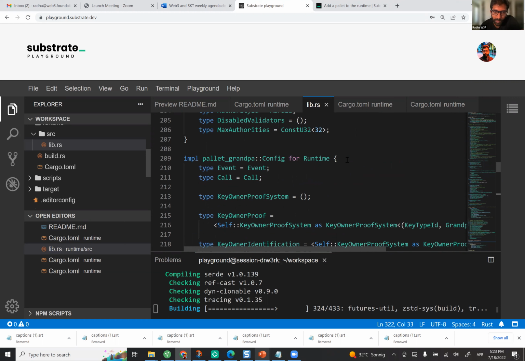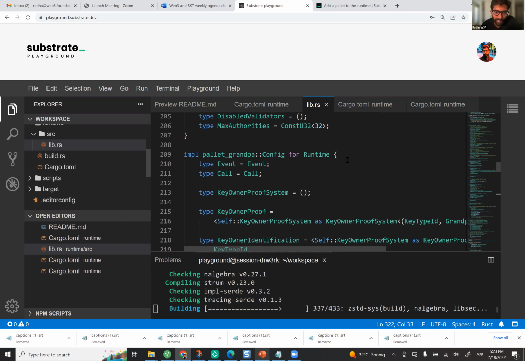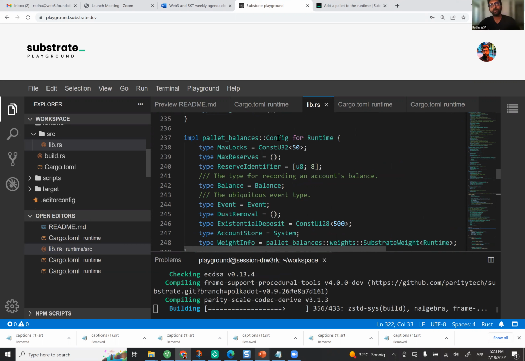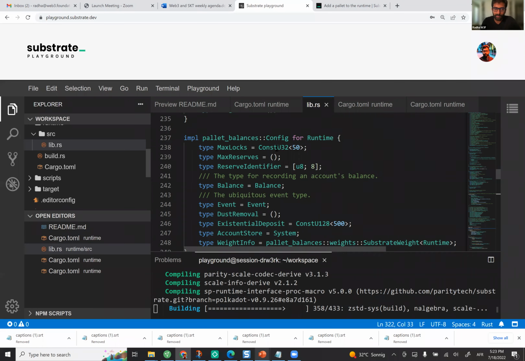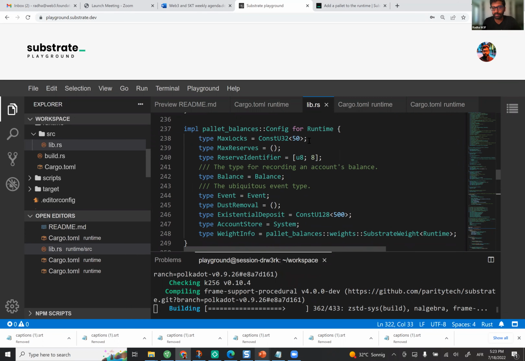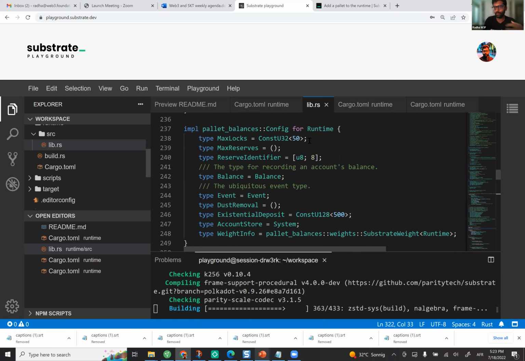We have pallet Balances. I'm going to go to pallet Balances. So it's a pallet. It is defined. All of these pallets are available in the Substrate GitHub repo. Basically here, you're just going to initialize them with a few values, or you mention what data type those should